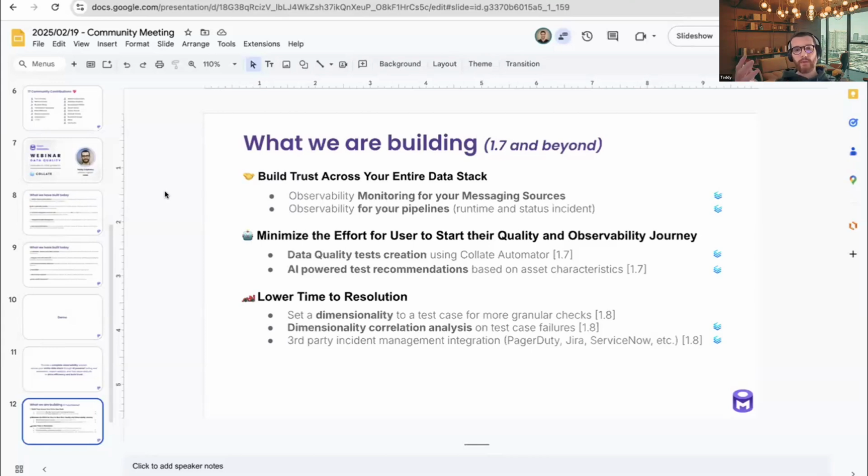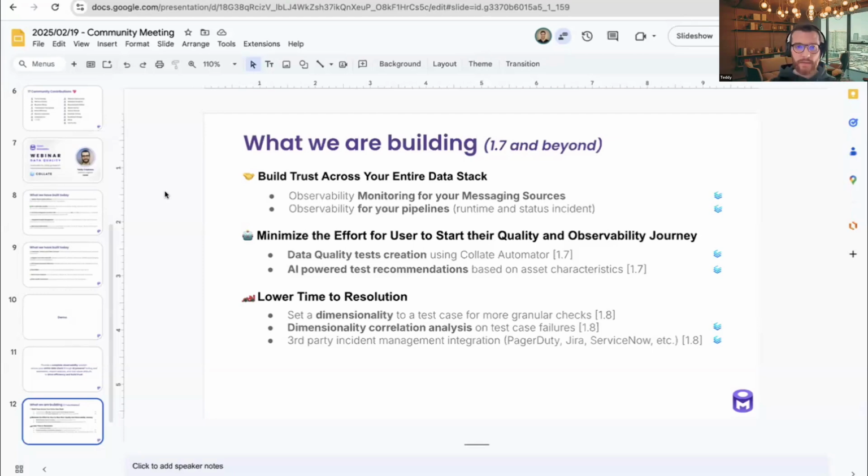But we've also decided to go one step further and to introduce our AI-powered test recommendation, right? So we have a lot of information, as we've mentioned earlier, from the knowledge graph that we have inside Collate, right? Having your metadata, having the social signals, having a lot of different elements. And based on that information, we can make smart recommendations using AI so that you have that ability to quickly get recommendations and get started on your data quality journey to implement a data quality test that the model thinks is the best based on the characteristics that we're seeing across your data set, right? So allowing you to have enhanced insight into how can I best test and make sure that I can trust the data that are defined